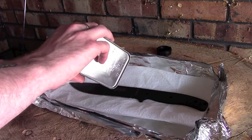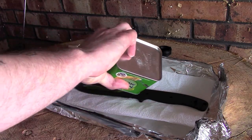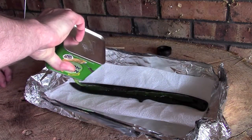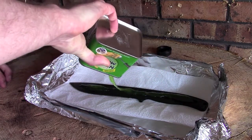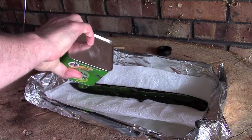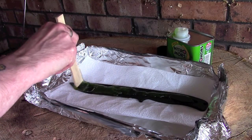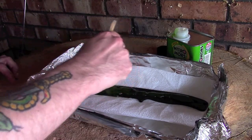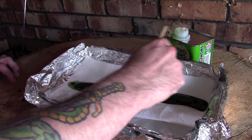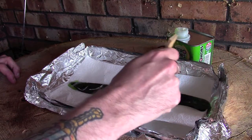Now I've seen this done dozens of times with lots of different knives online, and it will not damage the blade in any way. All it will do is remove this painted coating. And what you want to do is put a fairly liberal amount on here, and then just use whatever you've got to hand. I wouldn't recommend using a brush or anything like that unless you want to throw the brush away afterwards, because all it will do is eat into the bristles. But just apply a really good coating all over the blade,